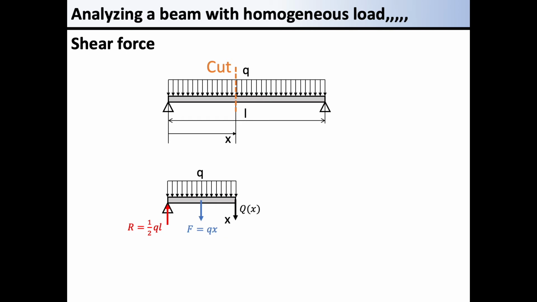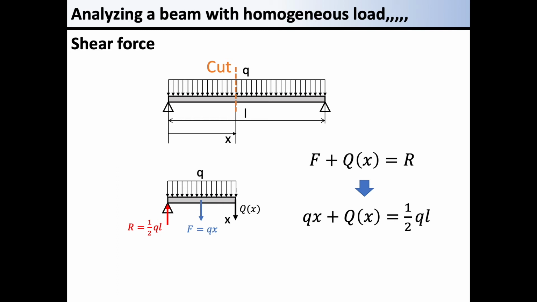Is there any other force? Note that this is a cross-section at a point on the x-axis. So, a shear force is needed on this cross-section. You should recognize the shear force Qx as that which acts on this cross-section. Let's consider the balance of the forces here. We have a load downward Qx and another reaction upward R. Considering that they are balanced, we get the equation.